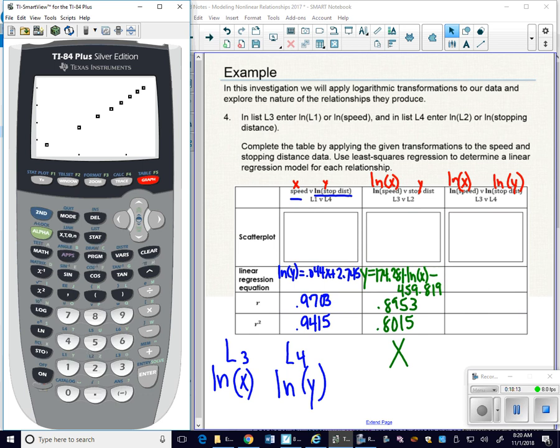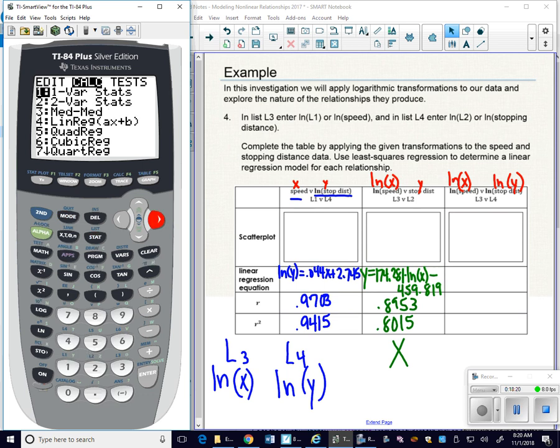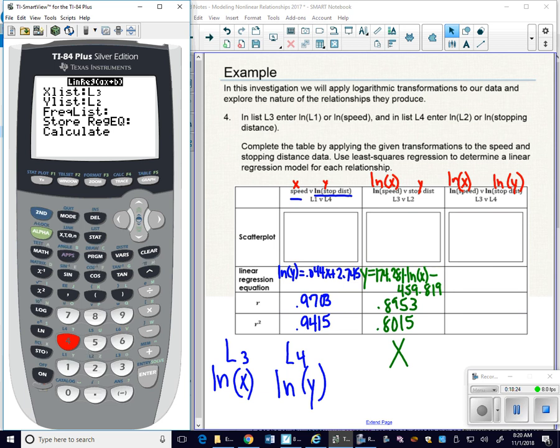And so now I can perform least squares regression or linear regression if I go to my home screen. So I'm going to go to my calc menu. I'm going to still choose linear regression, but this time I'm going to do list 3 versus list 4. And I'm going to store this regression equation in y4. Oops, I did something wrong. Y vars, function, y4. There we go. And when I calculate,